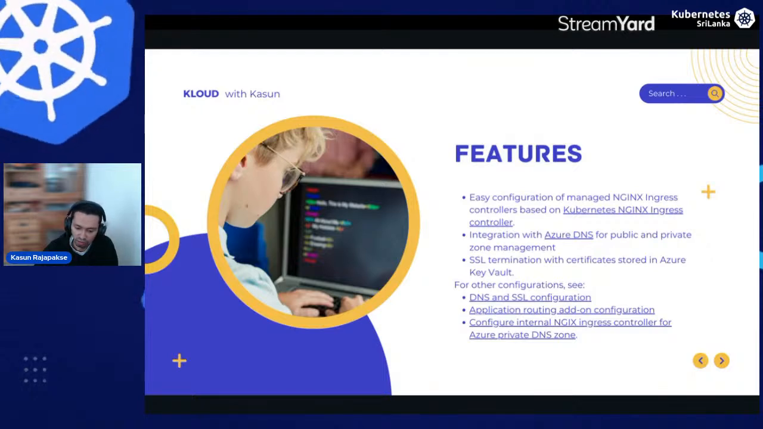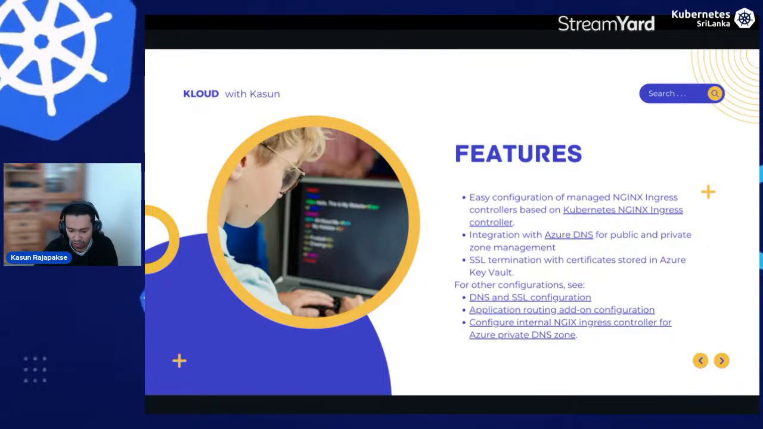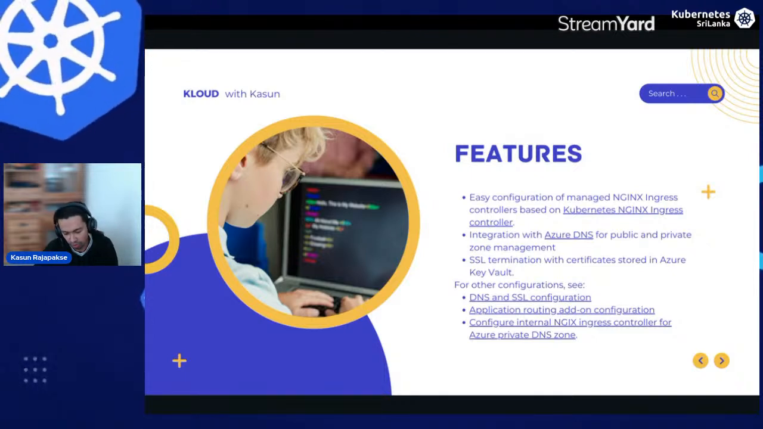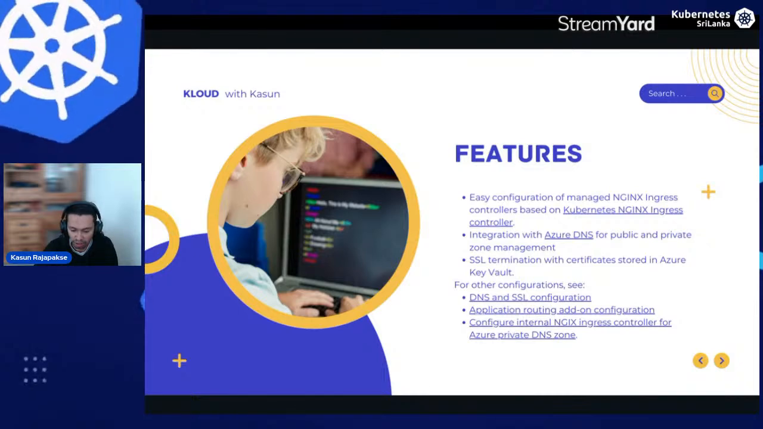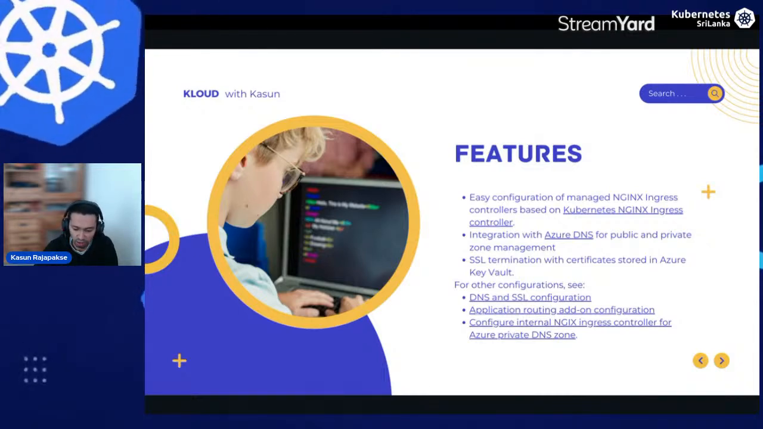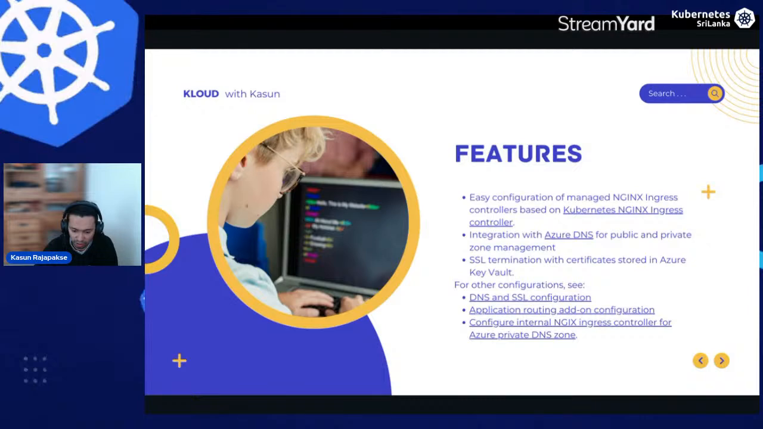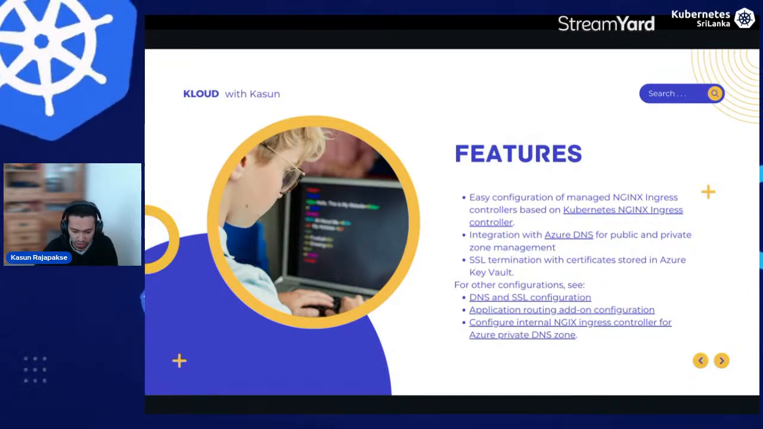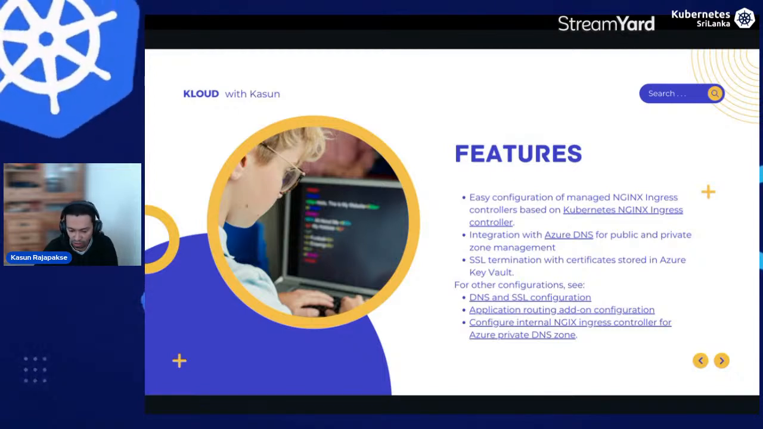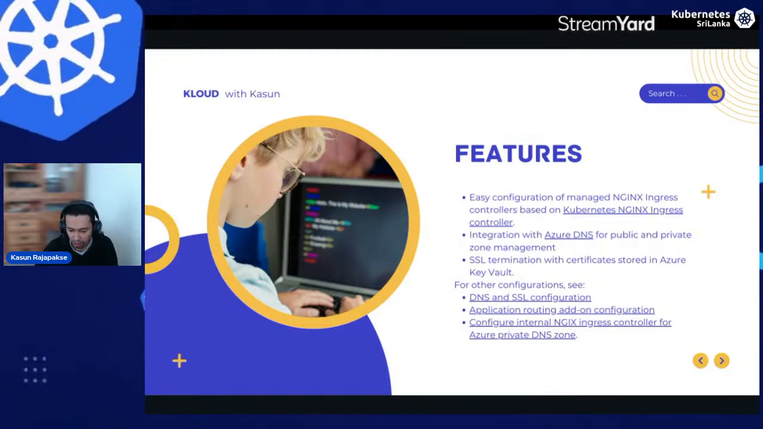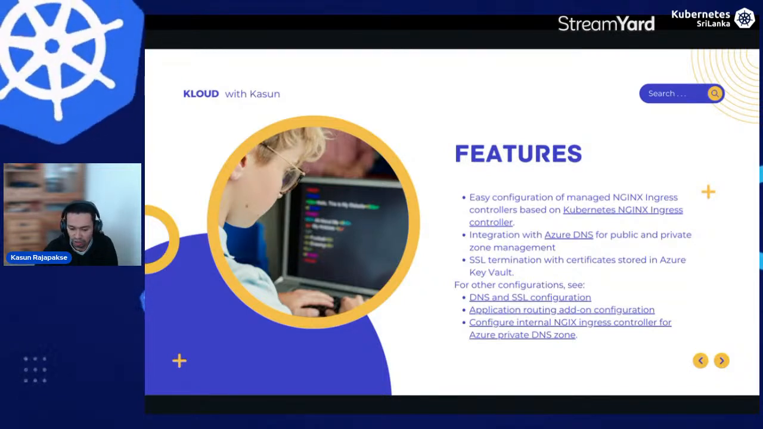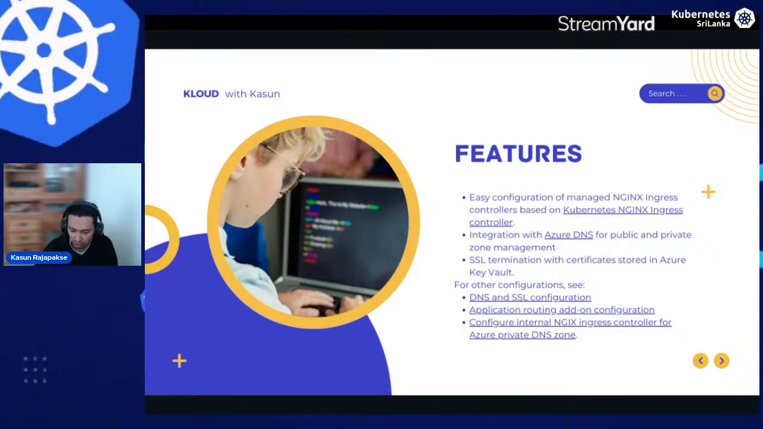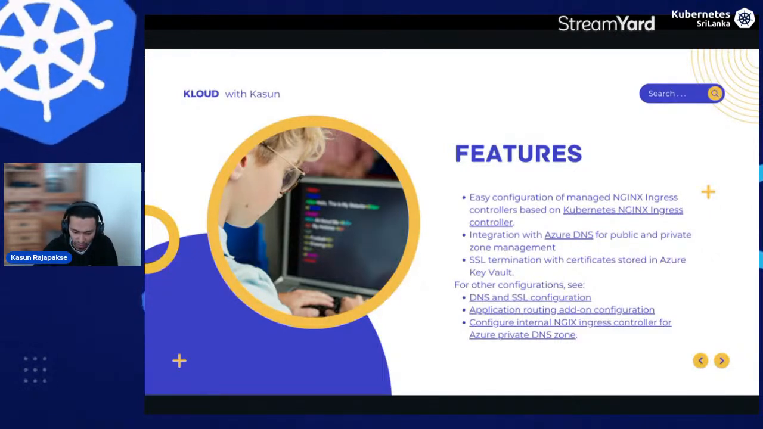Then additionally, we have features like integrating with Azure DNS for public and private zone management. So if you want to buy any domain names, we can use Azure DNS in combination with this add-on to register the DNS names and create the records and everything automatically without using manual tasks, right? The beauty of this is that the add-on supports Azure public DNS as well as private zones. Then